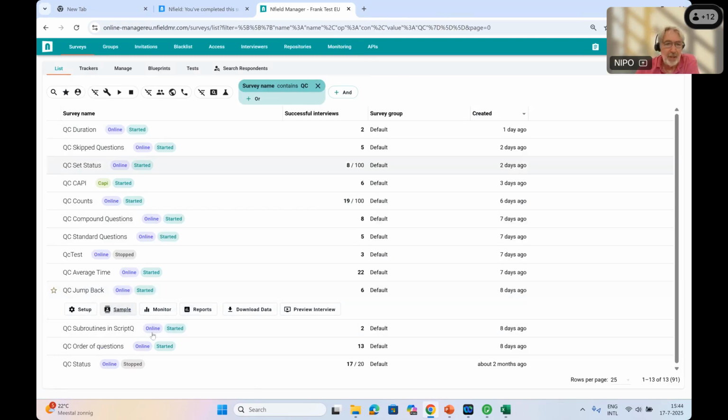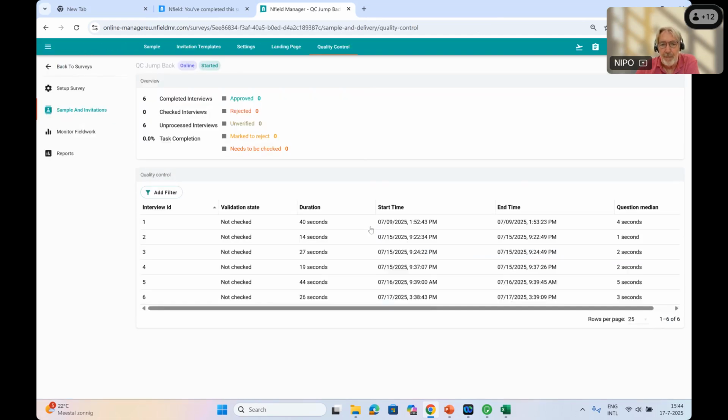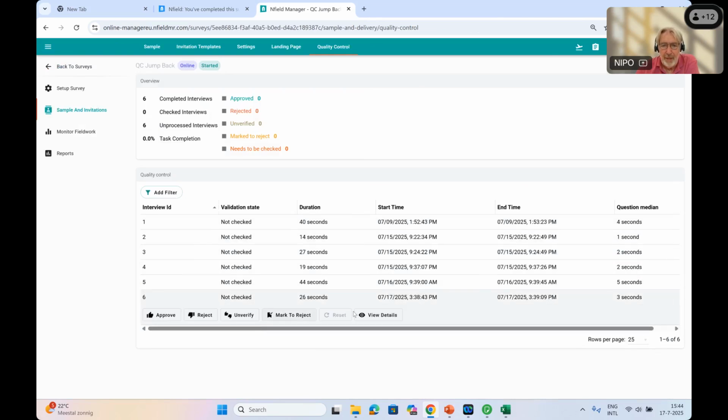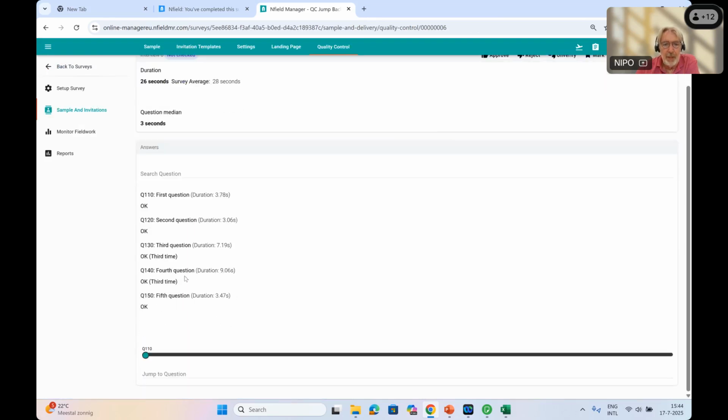What duration do I see there then? Remember, this was the question that was visited multiple times, the third and the fourth question. And as you can see, they are already longer than the previous question. So what you actually see here is the sum of all the